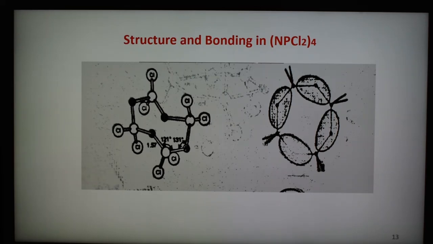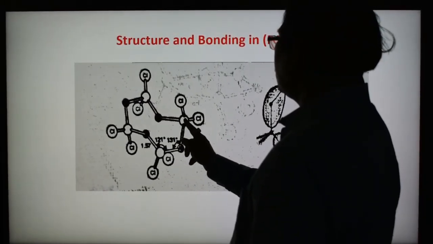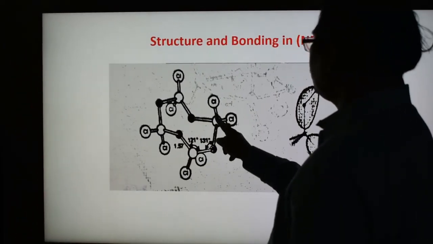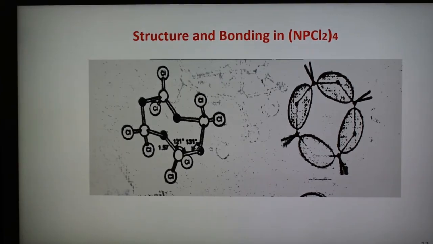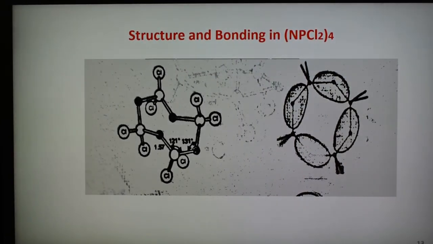Due to the higher electronegativity of nitrogen as compared to phosphorus, the electron cloud is more localized on the nitrogen, and the 3-center pi cloud on the ring can be shown here. So this is the structure of this tetrameric compound, with 4 nitrogen and 4 phosphorus. These are phosphorus 1, 2, 3, 4, nitrogens 1, 2, 3, 4, and each phosphorus has 2 Cl forming the bonds, and this is the electron cloud. So this is the structure for the tetrameric polyphosphazene.